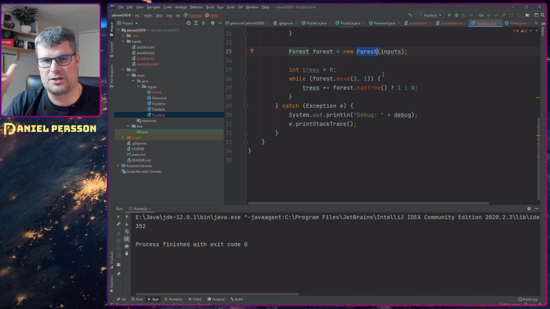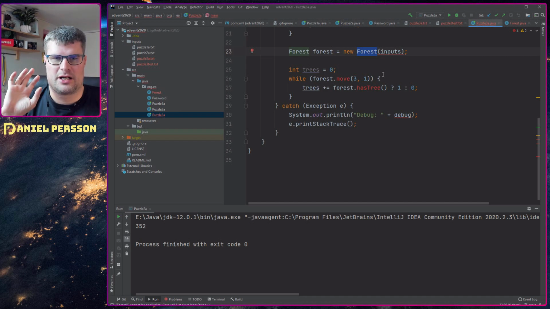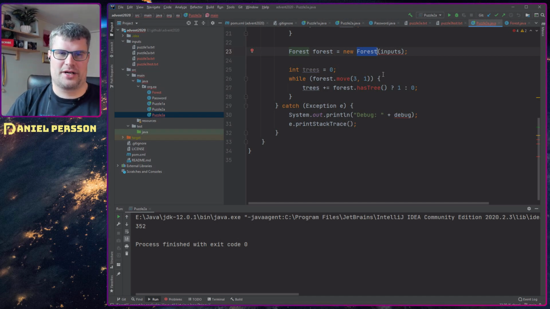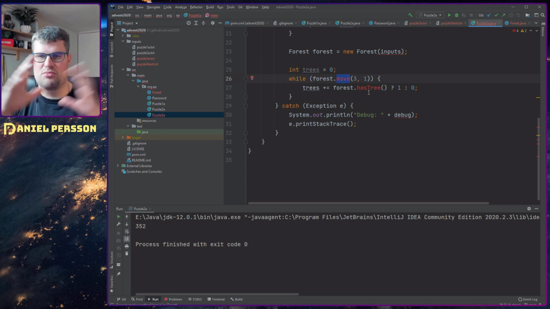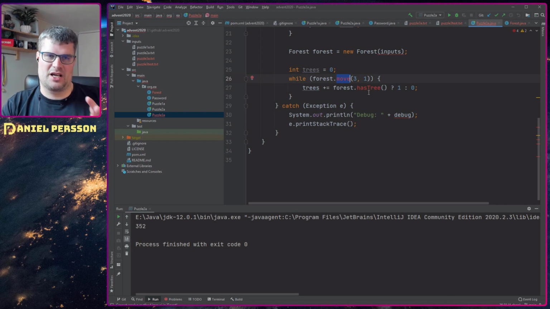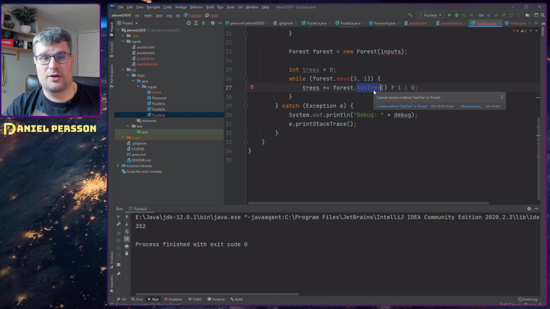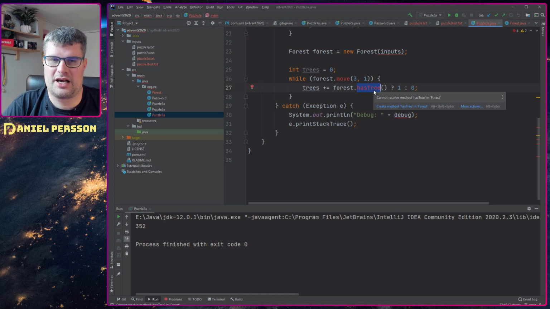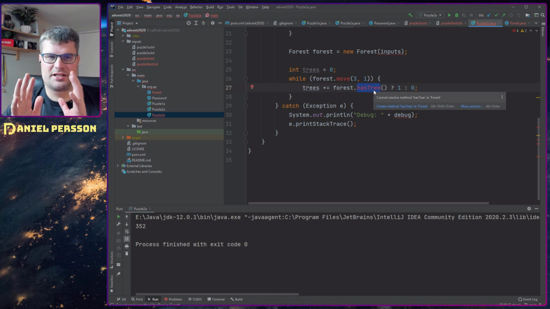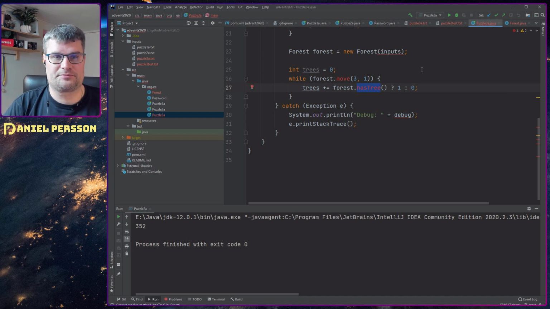We have something that we want to parse here in the forest class. So we get all the inputs into our int array. Then we want to have something that can move within that int array in a specific direction. And then we want to check if there is a tree in that specific position in our class. And if so, we will return true, else we return false, and those are interpreted as incrementing 1 or doing nothing. So let's create these